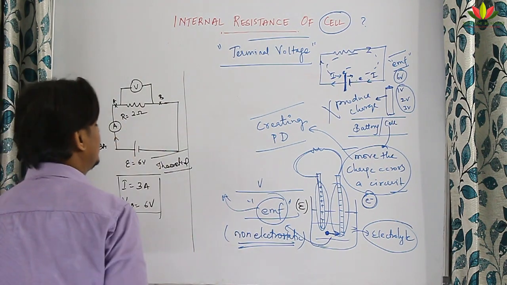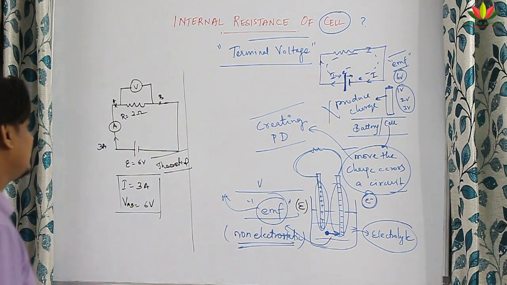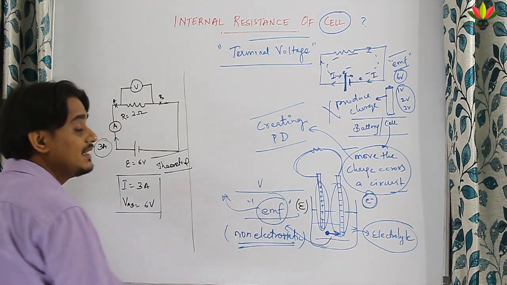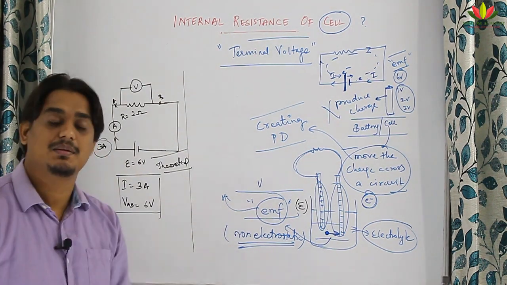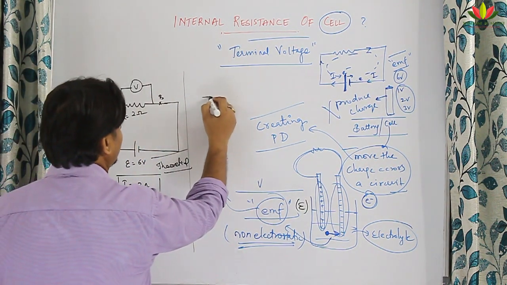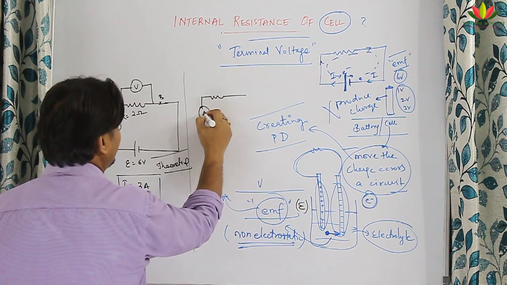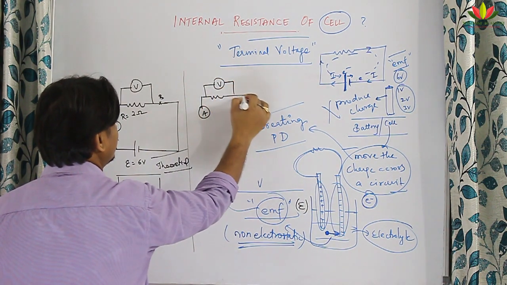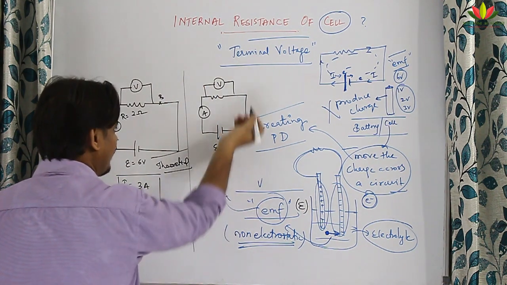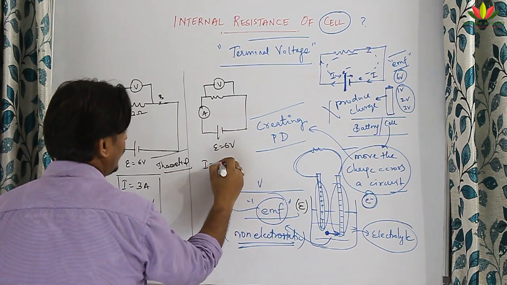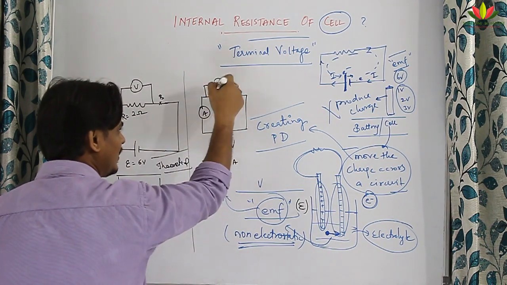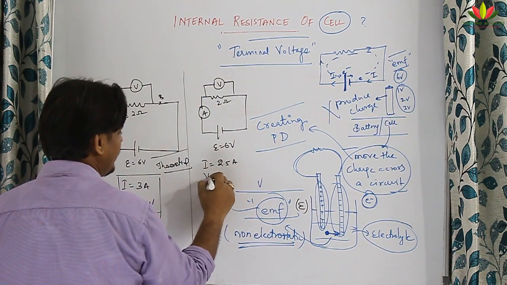But when you do the same experiment, what if I tell you that the current coming out is not 3 ampere but less than that, maybe 2 ampere, maybe 1 ampere, maybe 1.5 ampere, maybe 2.5 ampere. Suppose in the same circuit, with the ammeter and voltmeter, I have bought this 6 volt battery, and I see the current is only 2.5 ampere, and R was 2 ohm. If the ammeter is reading 2.5 ampere, what will be the V across AB?